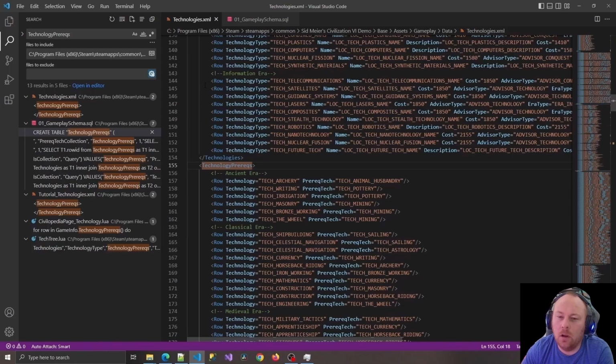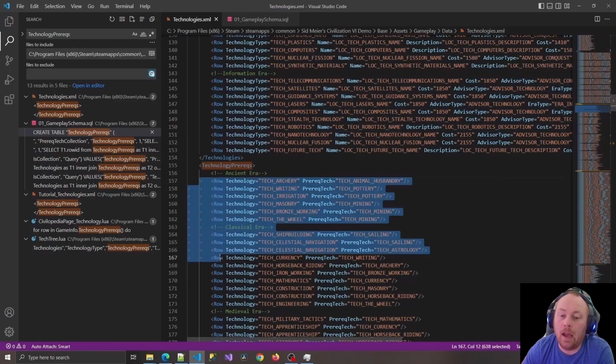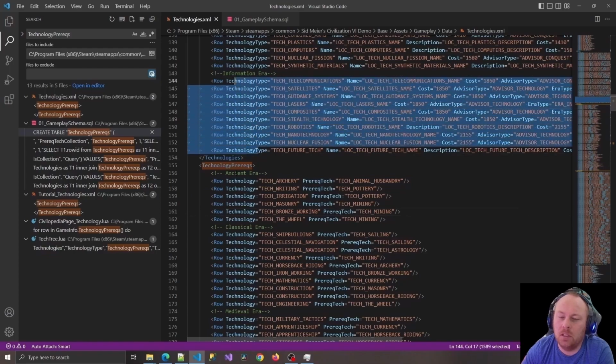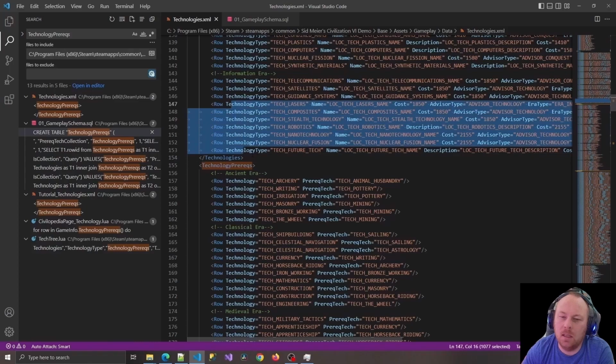And I don't know, does the code insert all the technologies one at a time and then afterwards insert all the prerequisites one at a time? Or does it do like one technology and then one prerequisite? I'm going to assume it probably does all the technologies first and then all the prerequisites second, because since there's relationships between these keys that have to be looked up in the technologies table, there would be an exception in the database if the relationship couldn't be navigated because the key didn't exist in the primary table. So I'm going to guess they probably insert all the technologies first and then afterwards the prerequisites,